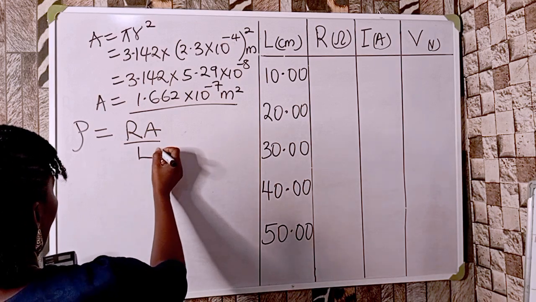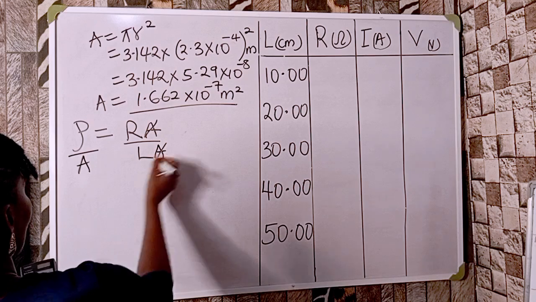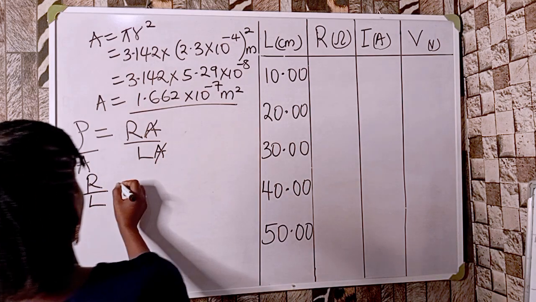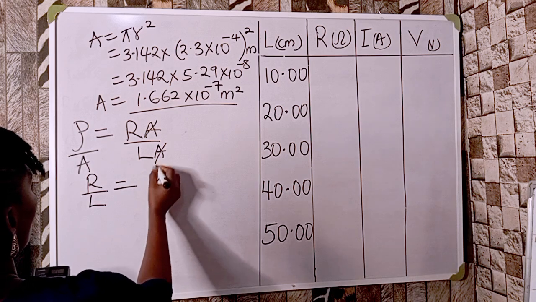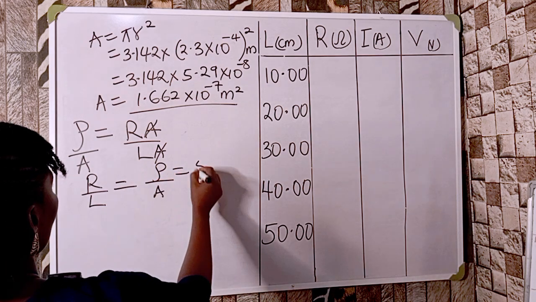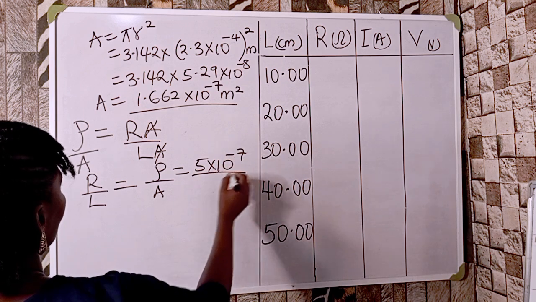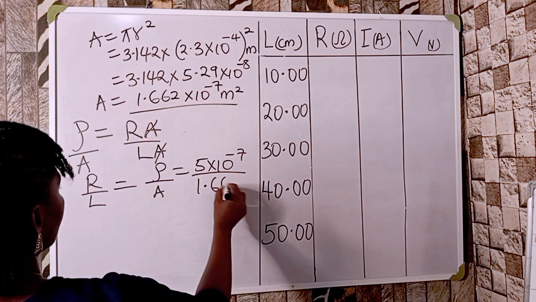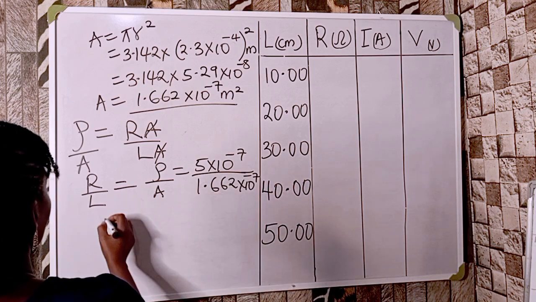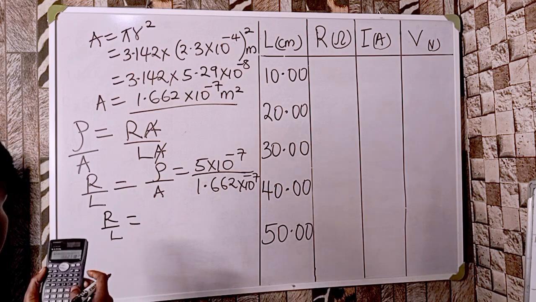But before then, I will divide both sides by A. If I divide both sides by A, R over L is equals to rho over A. What is my rho? 5 times 10 raised to the power minus 7 all over 1.662 times 10 raised to the power minus 7. Then, if I divide it, I'm going to have